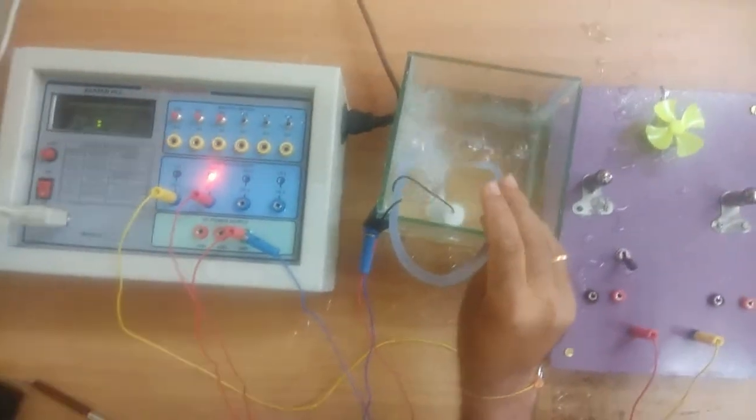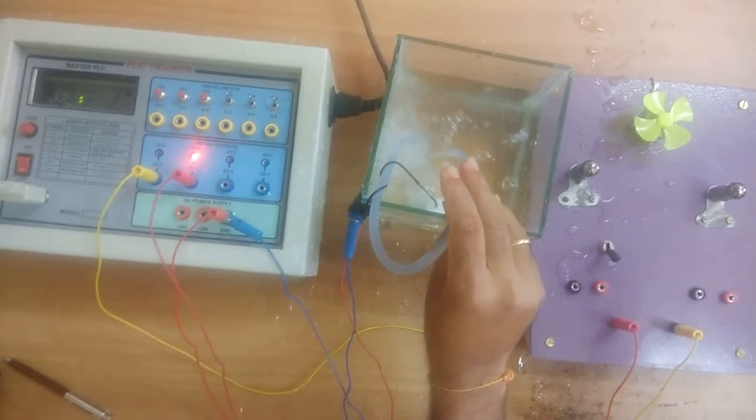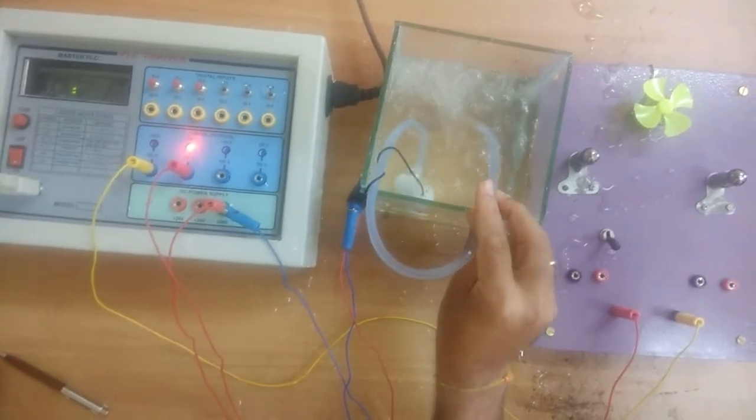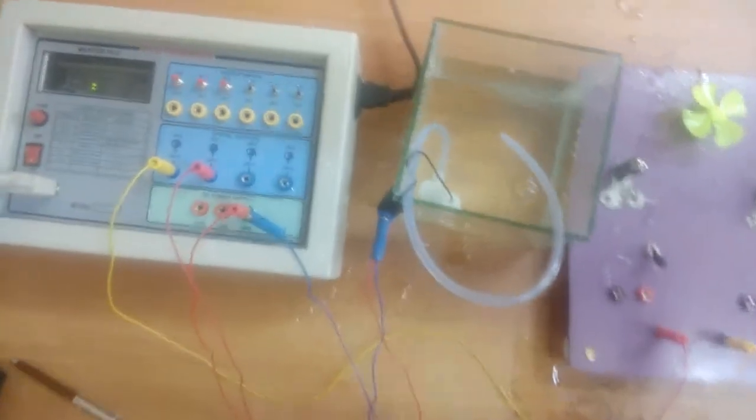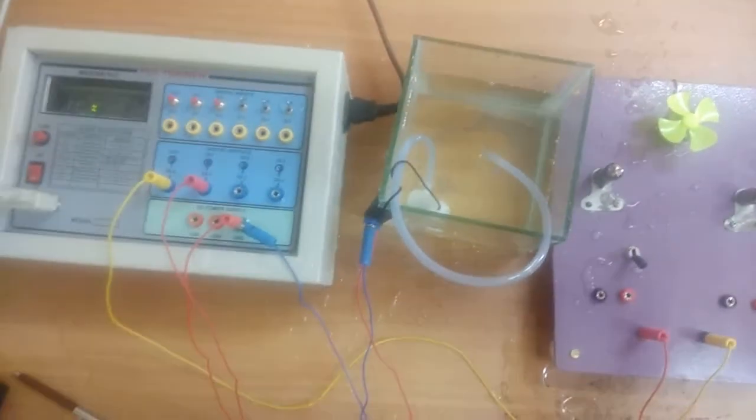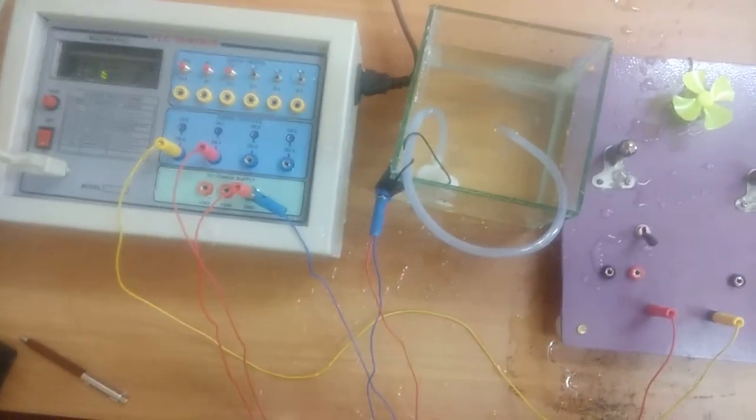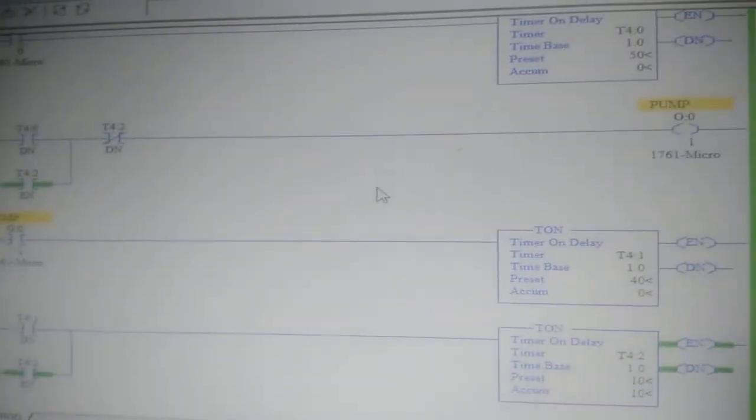See now the motor is switched off. Next the pump will run for 10 seconds. Then after 10 seconds the pump also switches off. See, like this the circuit can be tested, and the sequencing circuit we can also control using a PLC. Thank you.